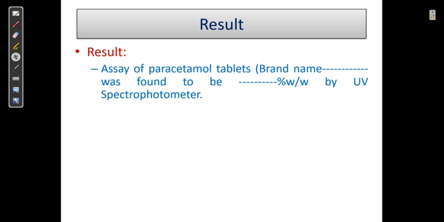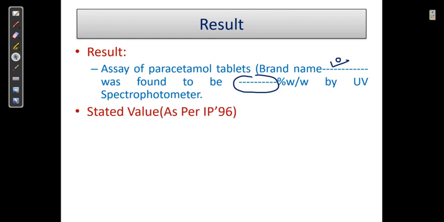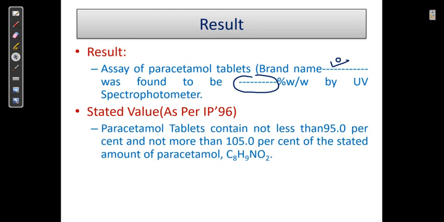The result is written in this format. Assay of paracetamol tablet, you have to write a brand name here. Whatever you have was found to be that much percentage weight by UV spectrophotometer. Next is the stated value. That value is given in IP'96. The paracetamol tablet contains not less than 95% and not more than 105% of a stated amount of paracetamol that